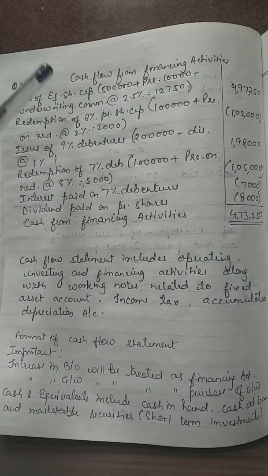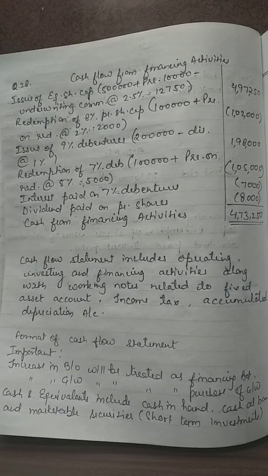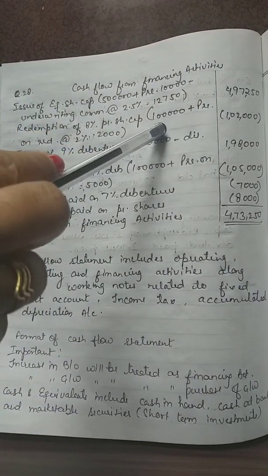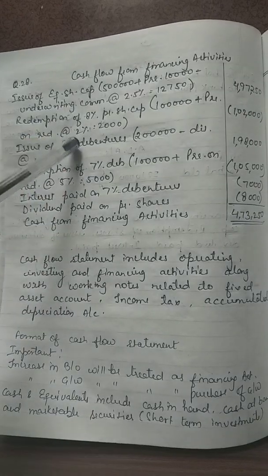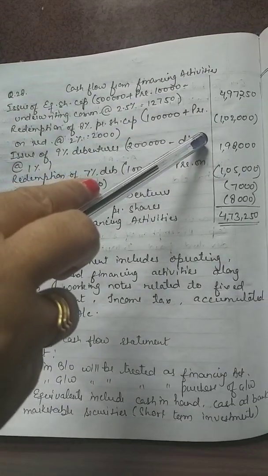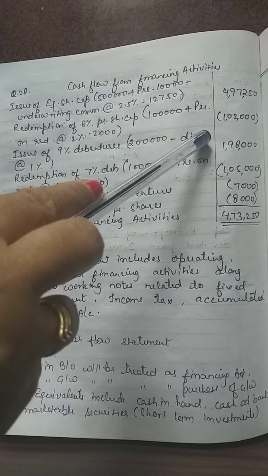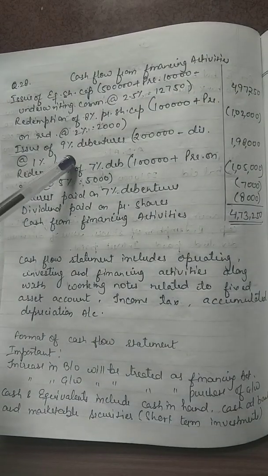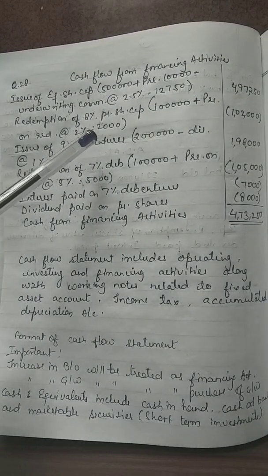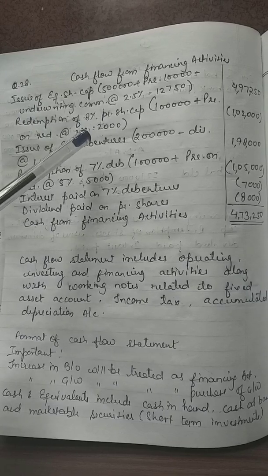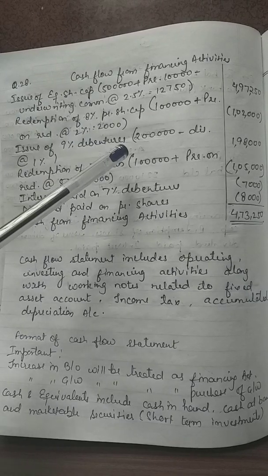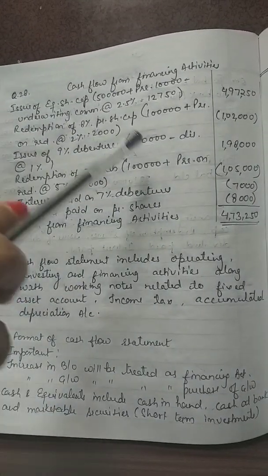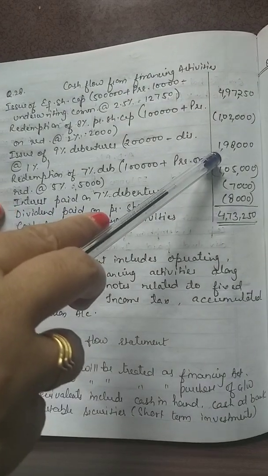Next is redemption of 8% preference share capital. How come? Because they have given earlier this was 1 lakh. Now there is no preference share capital, so it becomes redemption. So this is 1 lakh plus premium on redemption they have given at the rate of 2%, that becomes 2,000. So it becomes 1 lakh 2,000. But because this is redemption, that means you have to pay, that will be shown in bracket. Next is issue of 9% debentures. Because debentures earlier there was nothing, now 9% debentures and increased to 2 lakhs. But at that they have given a discount of 1%. So that will be subtracted, because discount is to be subtracted. So it will become 1,98,000.